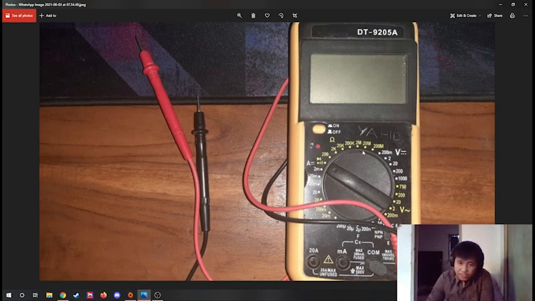I'm sorry, why you don't need to change it to the 200: because 1.8k is too big for 200 to handle, and it will show no value, or it will just say max on the LCD. That's why you have to change it close to 2k. But if you don't know the value of the resistor, you have to slowly change it from the highest to the lower until the value shows up accurately.